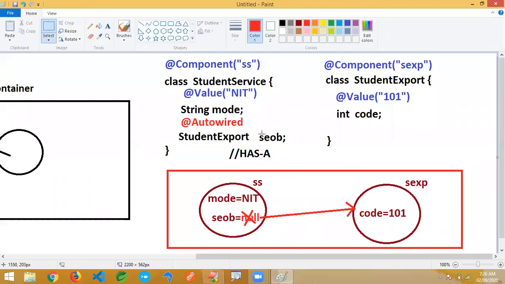So when you write @Autowired on top of a variable, you created a variable, and on top of it you write @Autowired, then this link is created. Whatever the link that you see here, that is actually created by @Autowired. Internally it is going to check whatever class name you write here, it will go to that class and take the object. Object name can be anything.